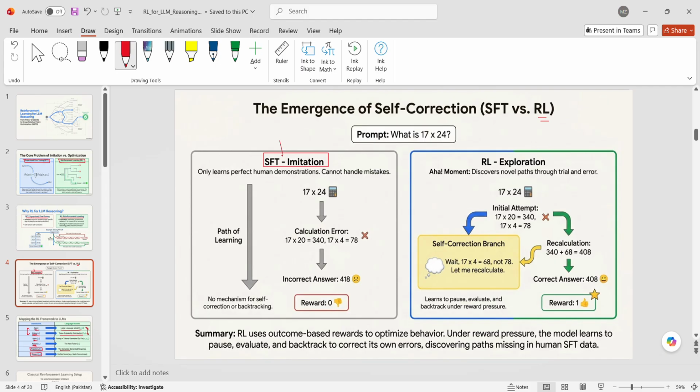induce reasoning into an LLM. What is supervised fine tuning? Basically we give a prompt and the target response to the LLM to imitate. For example, if we are going to give a prompt,